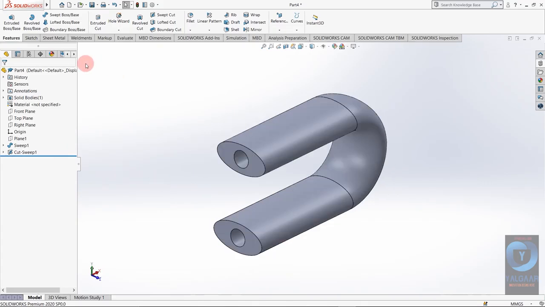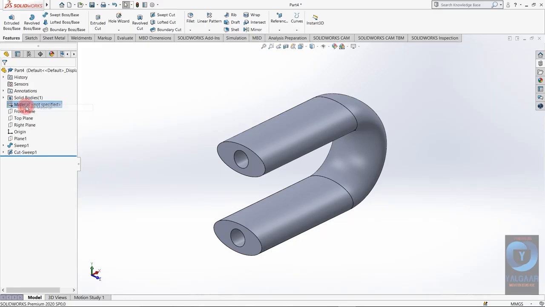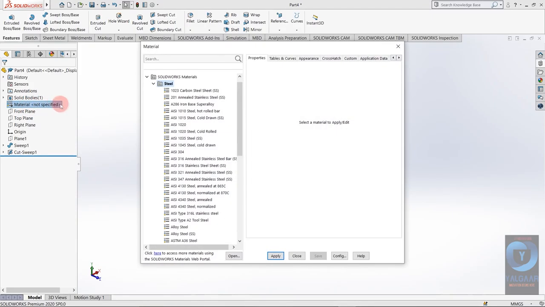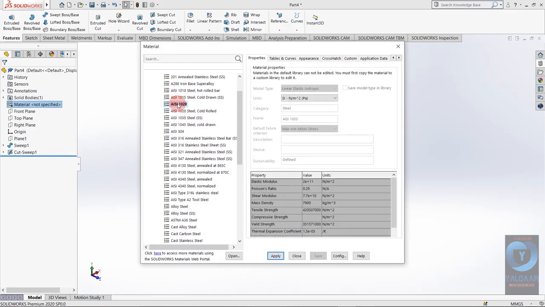You can also apply specific materials to your component. For that you can see here in the design tree the material option, just right click on that and click on edit material. So SolidWorks has its inbuilt list of materials. So suppose I am going to select AISI 1020 steel.